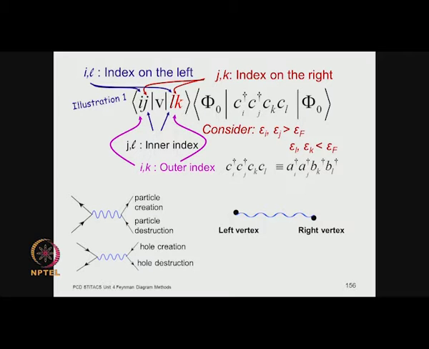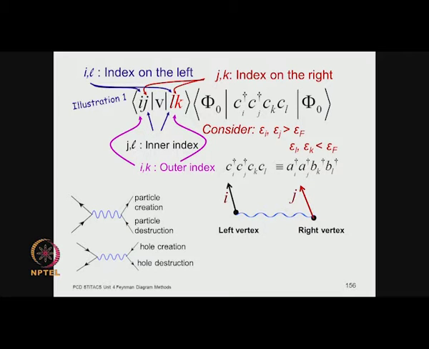And that is particle creation. So, it has to be an arrow out of the vertex. Got it? And you have it on the left, and likewise you can follow the same logic and generate the other parts